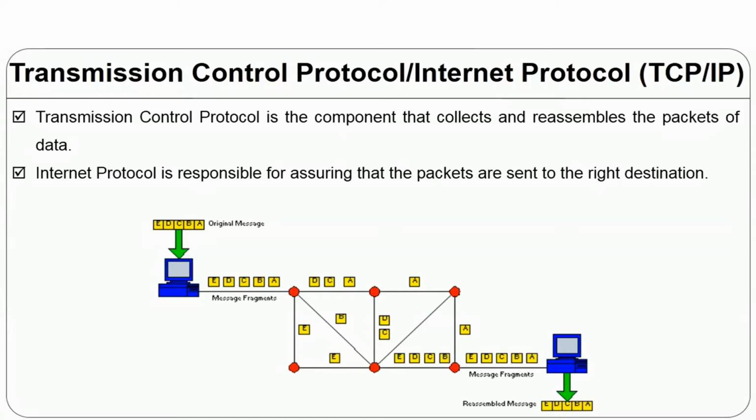So there are two components in this. One is TCP, the other one is IP. TCP takes care of the creation of packets and sending them across. IP takes care of assuring that all the split packets reach the right destination. All packets may not travel in one route, or may not travel sequentially. Chances are that the last packet can reach first, but there it gets assembled. That is taken care of by IP.